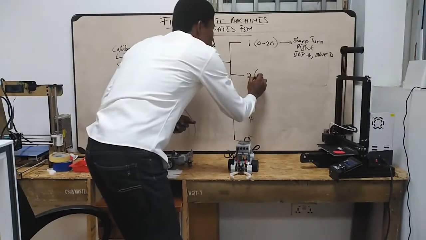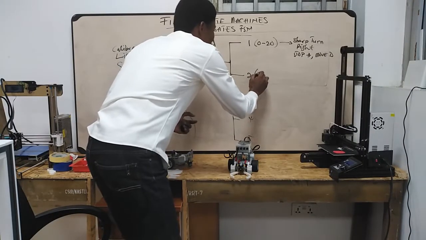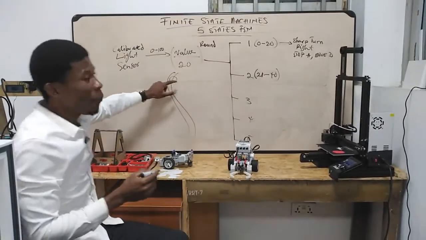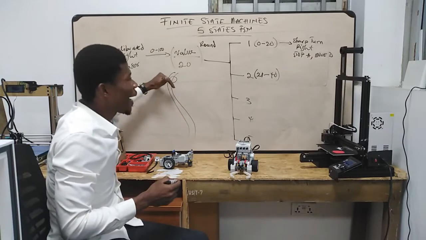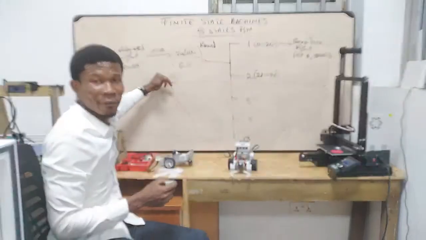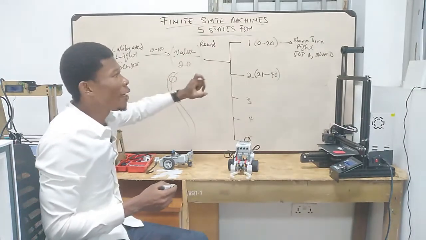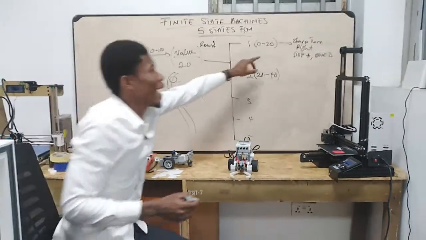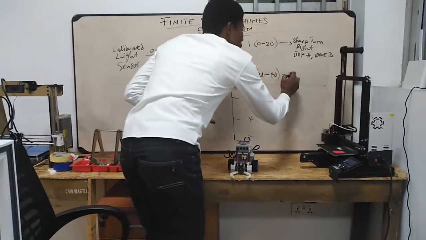If I had a 2, it means the figure that came out of the line sensor was between 21 to 40, which meant that the robot was drifting into the black, but not so much into the black. So I may have to turn to the right, but not as sharp as I was turning here. So I will say slight